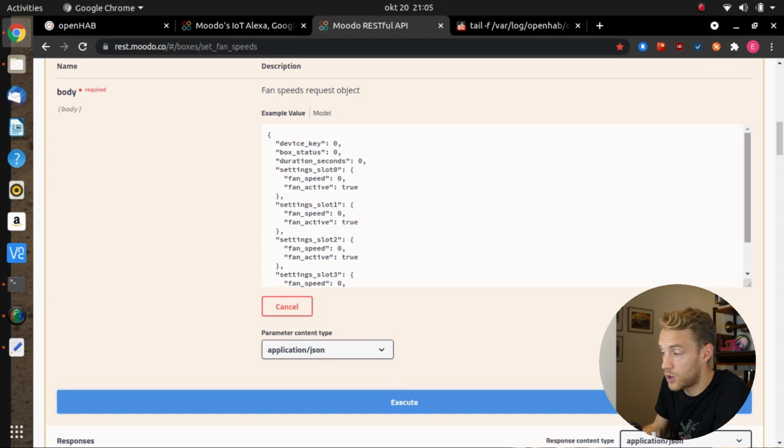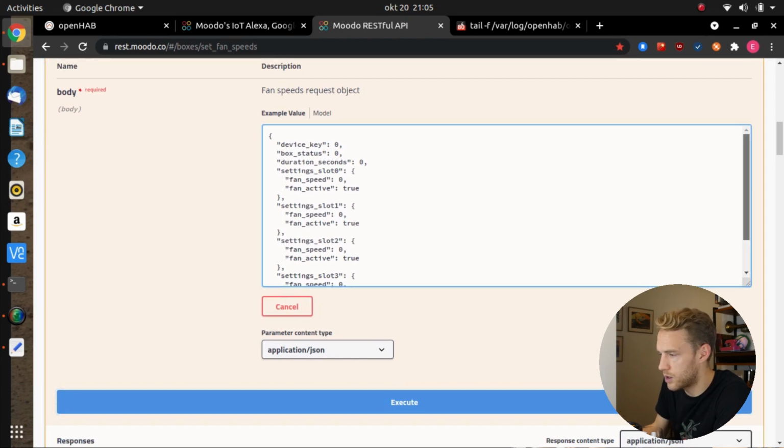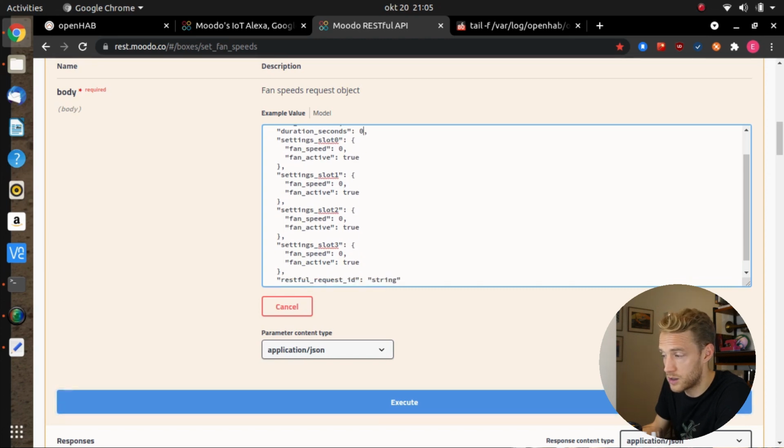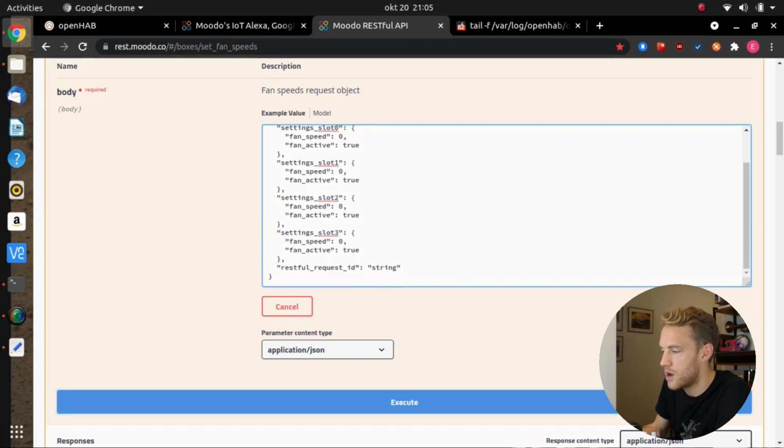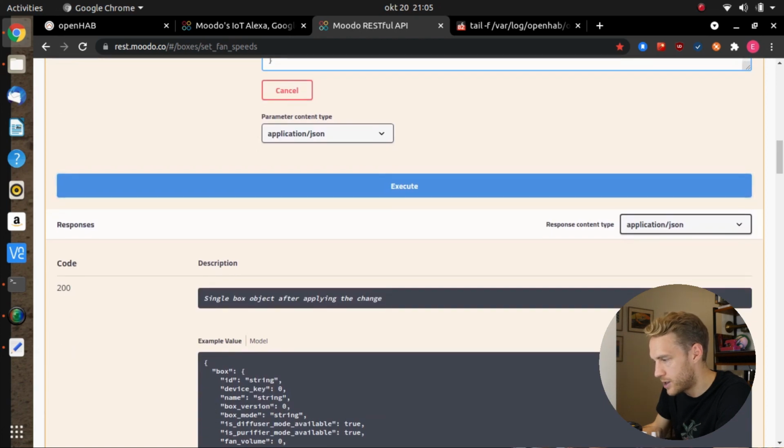So the data that we are transmitting to the Moodo box is these parameters. Device key: each Moodo box that you have has a specific key. Box status is on or off, 0, 1. Duration in seconds, right? And then we have the fan speed. If you want it to be on, true; off, false; and then fan speed in percentage, 0 to 100 on each slot. So slot 0, 1, 2, and 3. All right, and if we press execute here, boom,